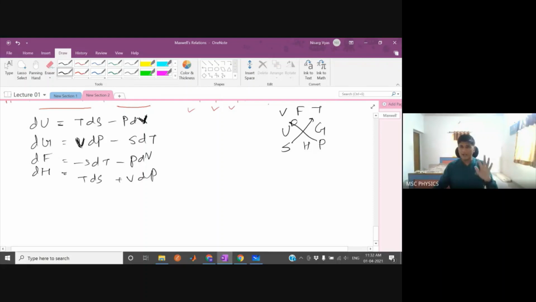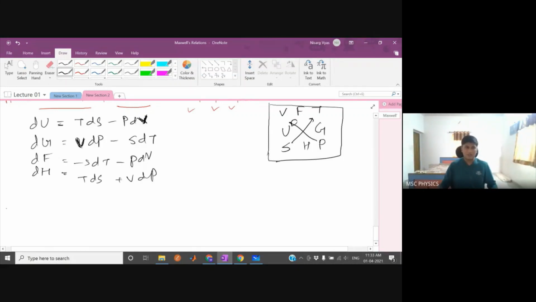So I hope you guys now know how to formulate these 4 differentials using this square. What I am about to derive, you are supposed to remember for your competitive exams, but unless you have a great memorizing capacity, you can't remember all of that. So I'll show you what you have to remember for your competitive exams. But if you remember this, you can derive it in one step.